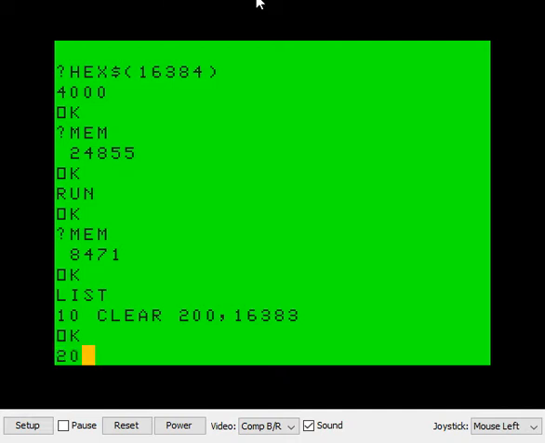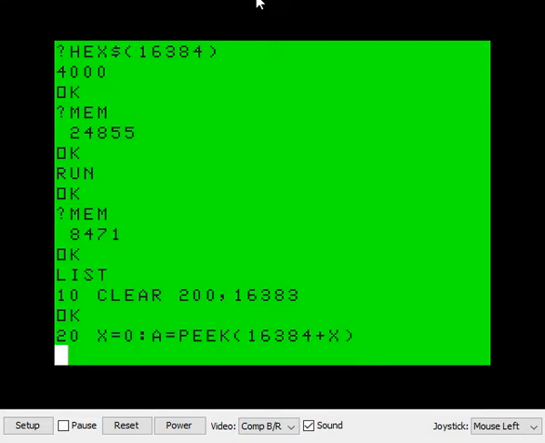But take a look here. x equals 0. Because x is going to be my index into something, I'm going to peek 16384 plus x, because I want to grab this out. And then, if they're related, like, oh, well, b equals peek 1. And then, no, x is now 1. B equals peek